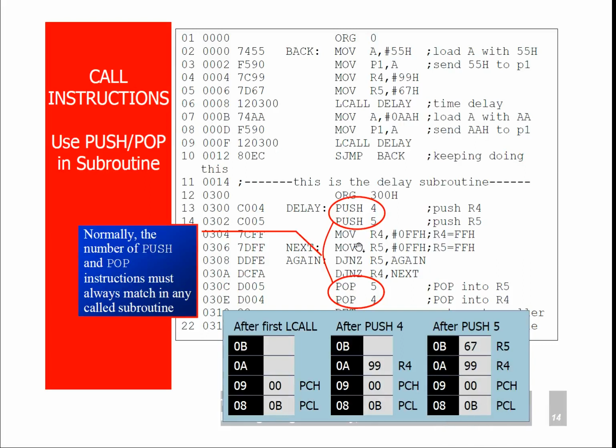So this is how you can use the push and pop instruction in the subroutine. Normally the number of push and pop instructions must always match in any called subroutine. Here I am using 2 push instructions, and before the RET instruction there must be 2 pop instructions. Otherwise the wrong value will be loaded to the program counter.